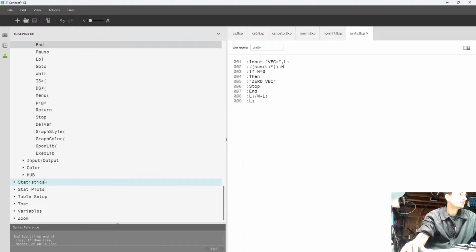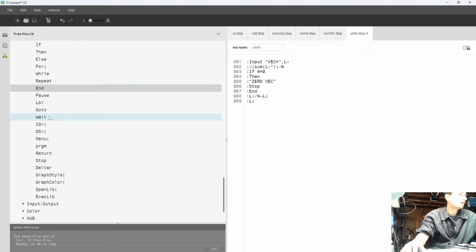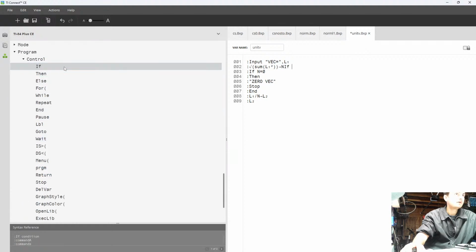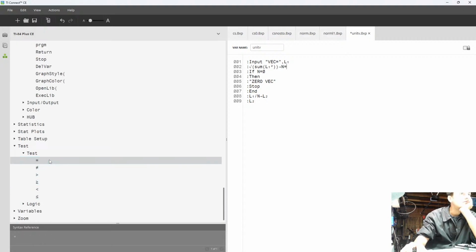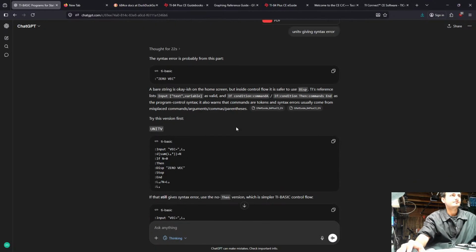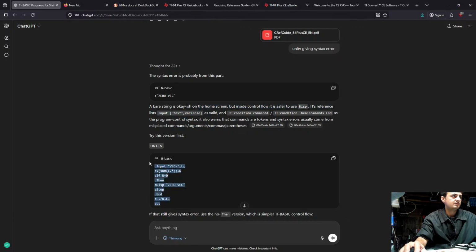Isn't there test? Is greater... if, so that just writes if. But if test, it's probably this, test equal. But I don't know, is it gonna be infix like this? Probably this part. I'm not convinced, but